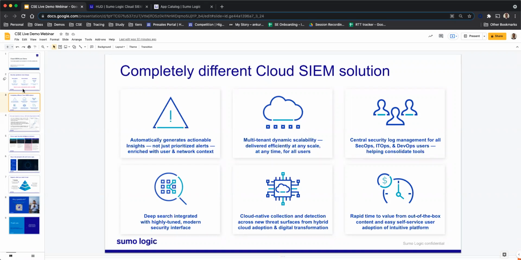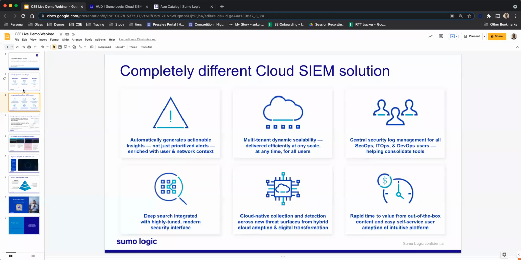We provide a lot of out-of-the-box content with the Sumo Logic Cloud SIEM platform. You need the various different functionalities which are available in the platform, which can actually help you to quickly realize value without you having to build each and every, I would say, the rules. We come up with a lot of out-of-the-box content, which helps you to quickly adopt the platform, and you can quickly derive value out of the Sumo Logic platform.